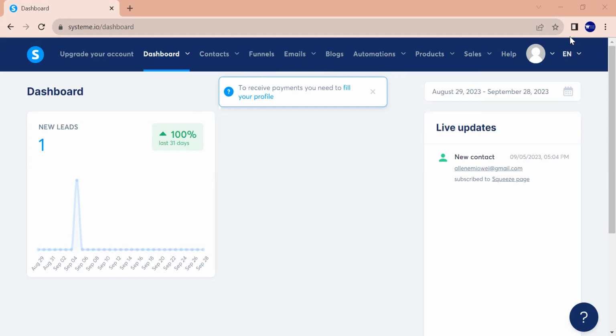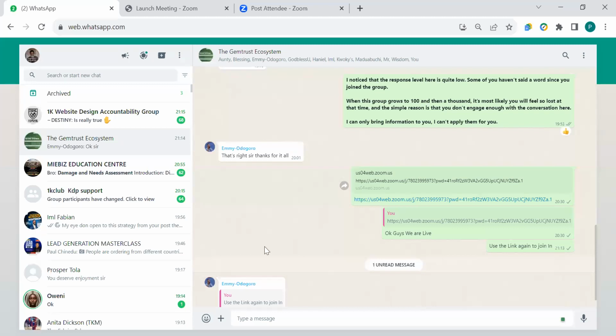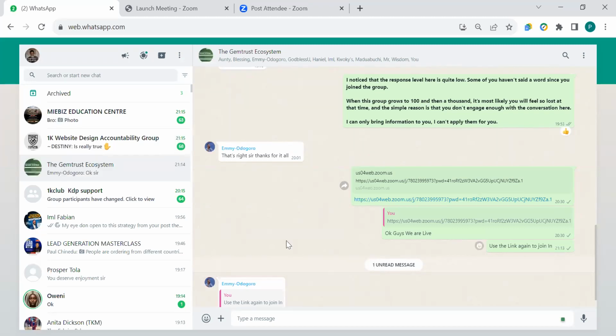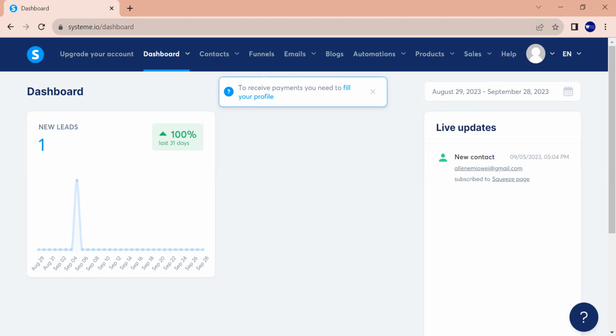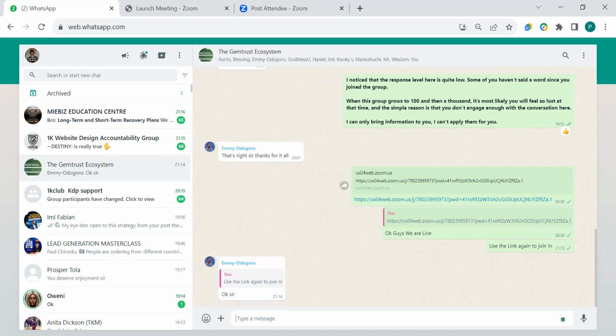Okay, let me switch. Hope you guys can see. Which of my screens can you see? Can you see the WhatsApp display page? No, now I can see the dashboard for the site. And then it's back to WhatsApp now. Okay, good, good. Zoom is actually behaving well today. Okay, so